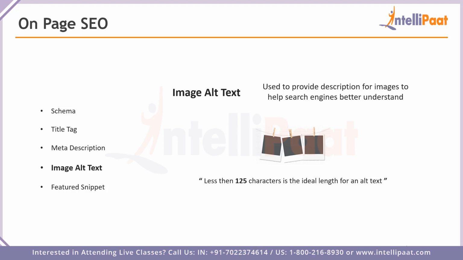As soon as you look at it, your brain is trained enough to probably tell what it means. Of course, there can be things which you will not know, and that's not the point of the discussion. So here, when you search for something, you will understand it, but how will Google know it, right? Google, of course, is very intelligent. They use a lot of algorithms to make sure whatever they're doing is smart, it's intelligent and all of that, right? And alt text is basically a way where you're going to tell the search engine,